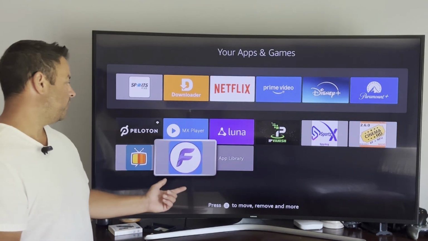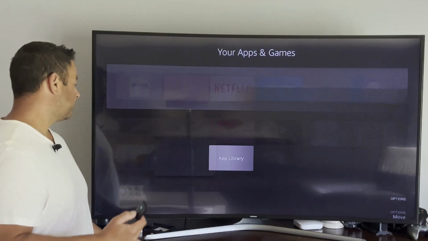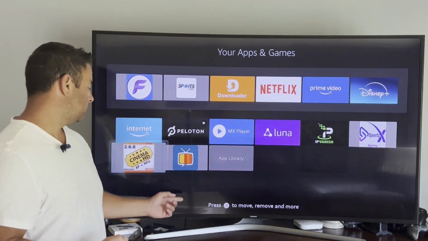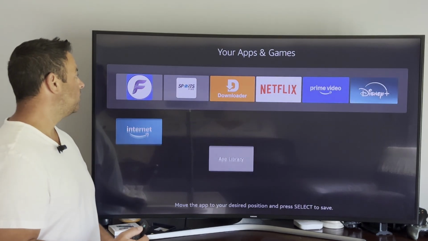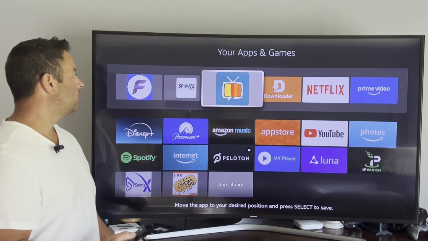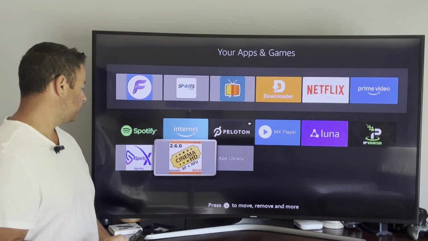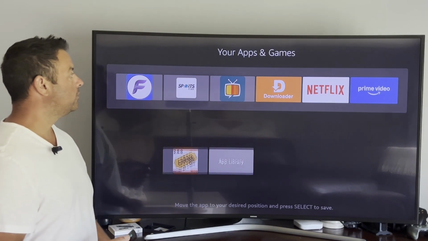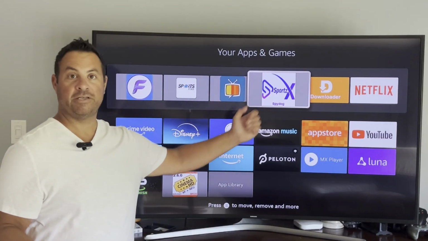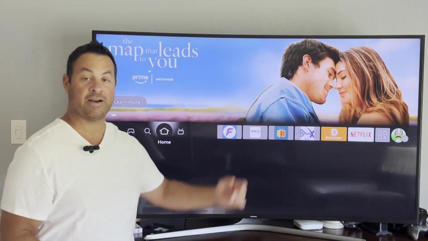Let's go maybe Flicks, move to the front. I'm going to do Stream, move it, right? Then we can do the same with Sports. Highlight it, move. Now we have all these applications on our Amazon Fire TV stick up front and center